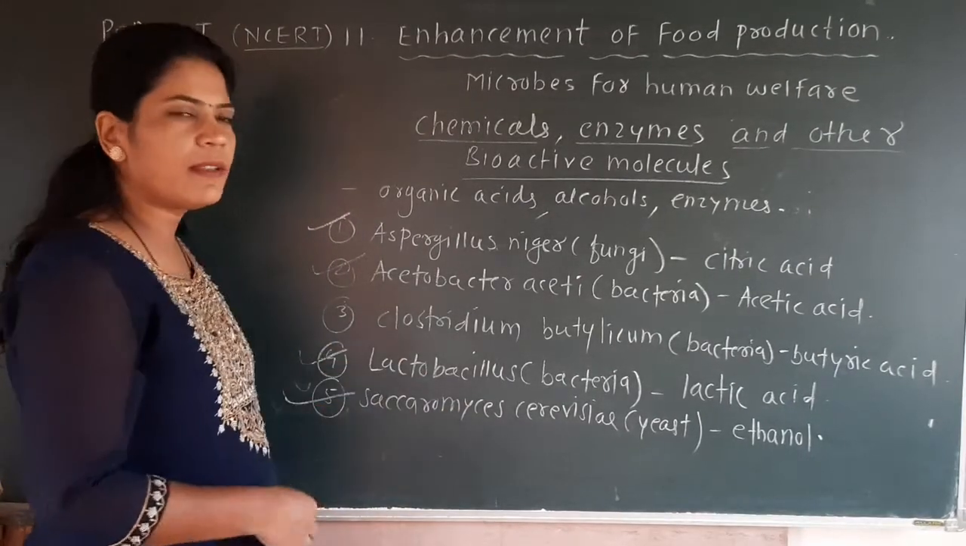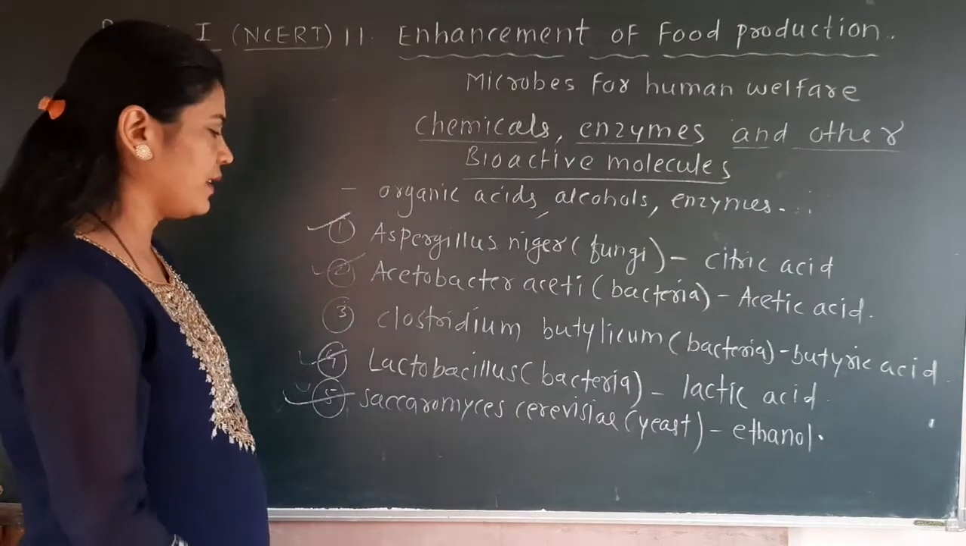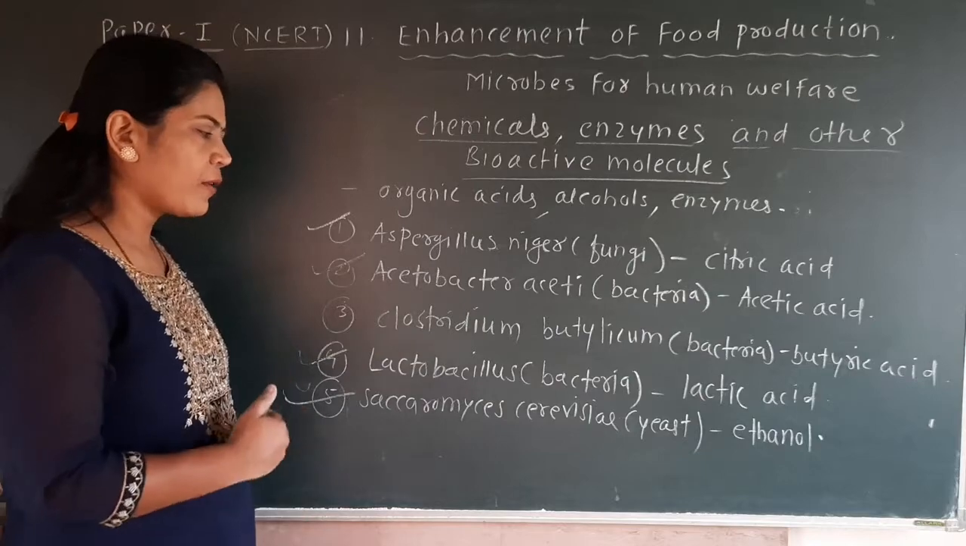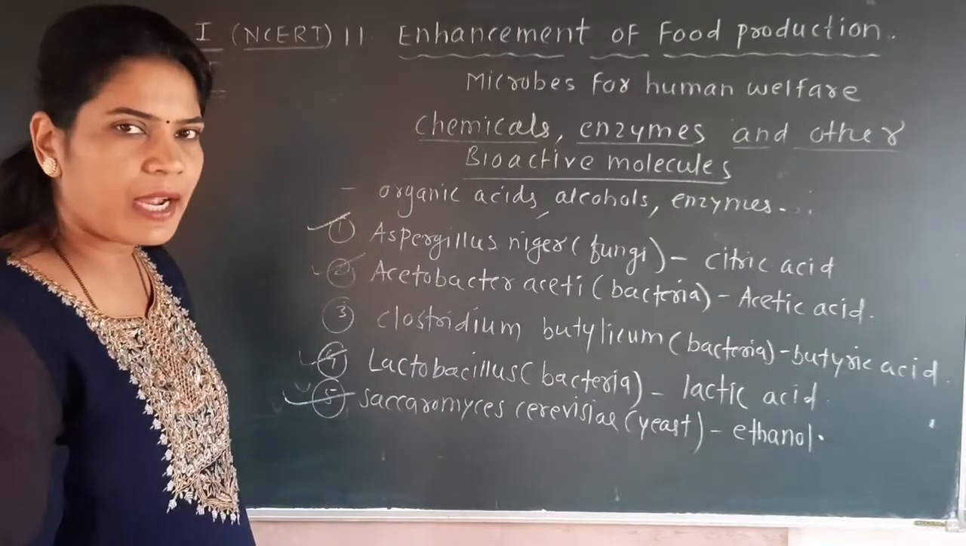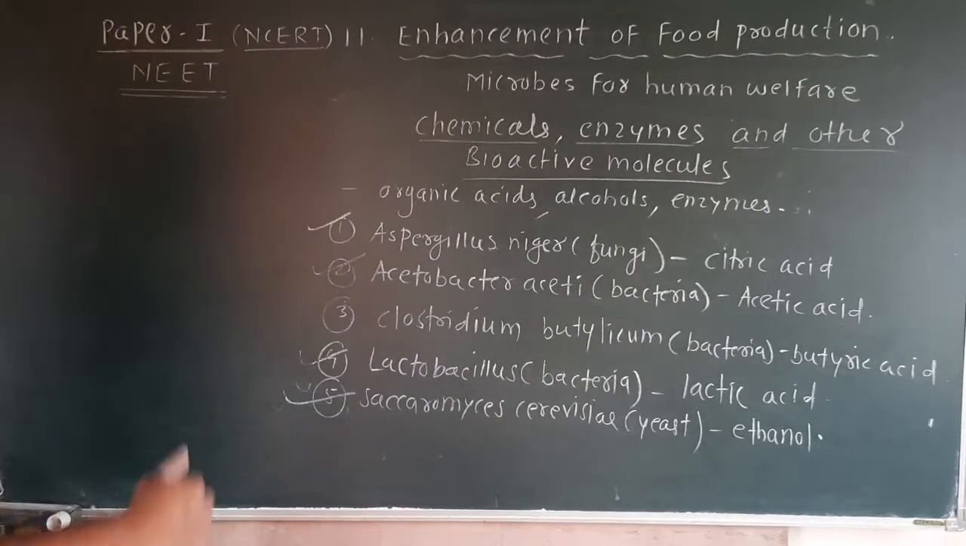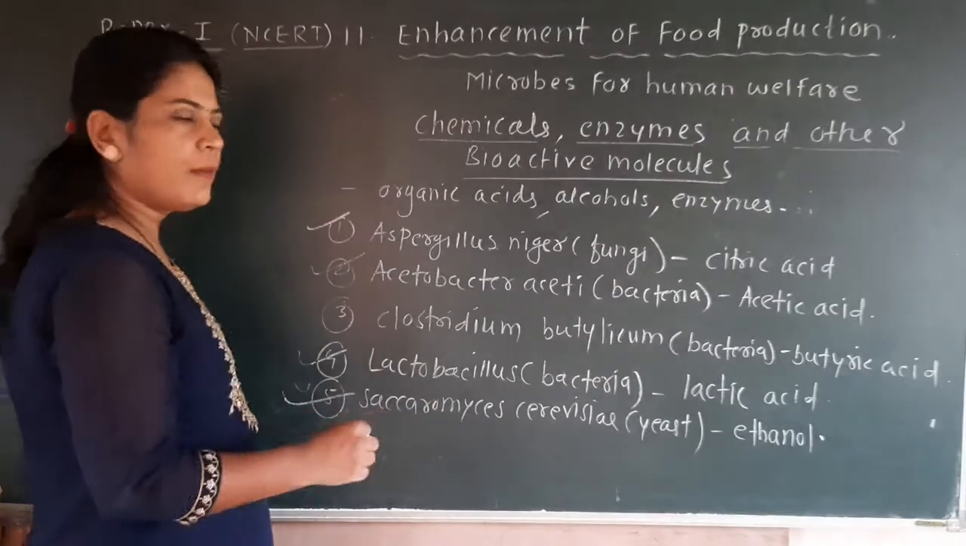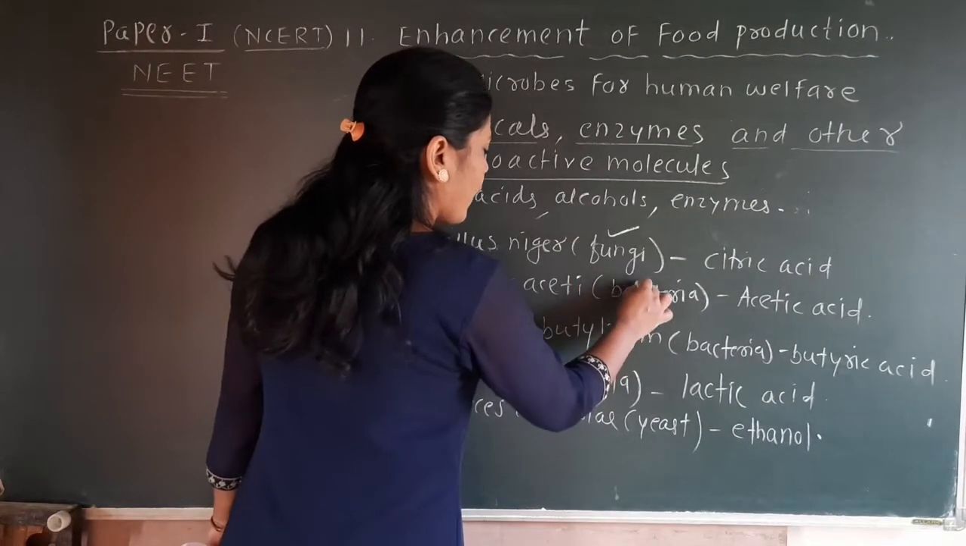Clostridium botulicum is a bacteria which produces butyric acid. Lactobacillus is the bacteria which produces the lactic acid. And Saccharomyces cerevisiae is a yeast or fungi which produce the ethanol or the alcohol. So this chart is very important. You have to remember all these microbes, and you have to remember also whether it is a fungi or bacteria